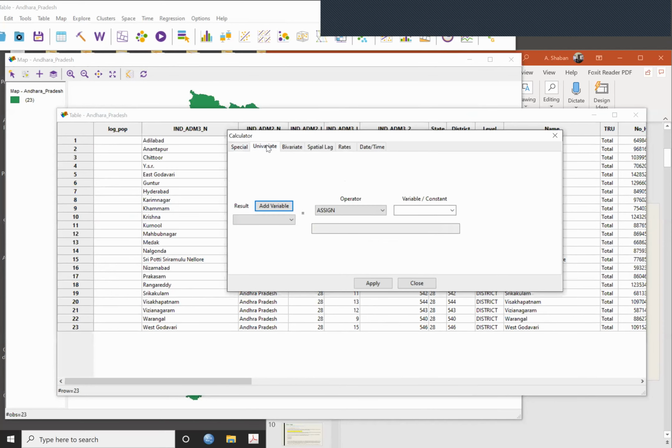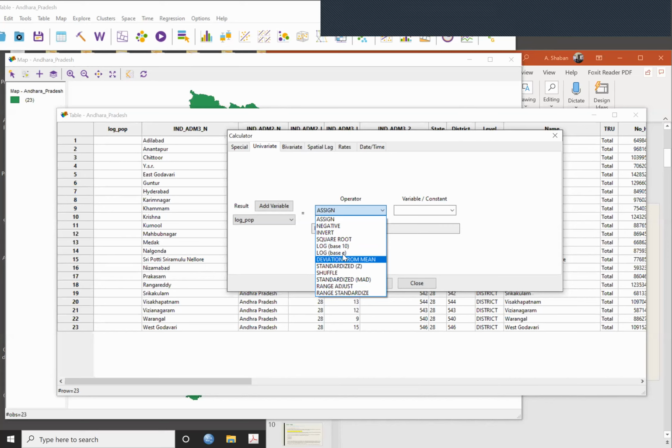Now I can go to univariate operation. For example, what operation do I want, and which variable do I want to change? Log of population. I want to say natural log. You can choose base root, natural log base E, or square root. Look at how many things. You can change the negative, you can invert, you can square root, you can log, log base E, deviation from mean, standardized, shuffle, standardization, and you have range adjusted. So many other formats are possible, which we generally do not use.